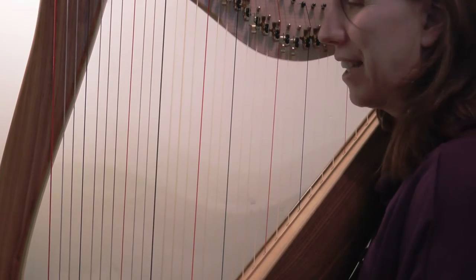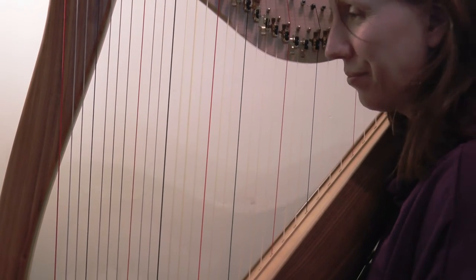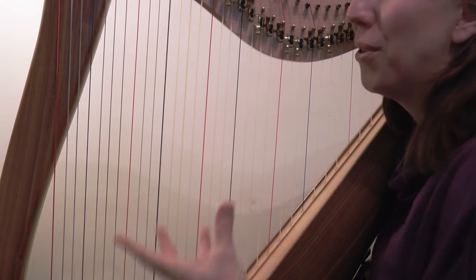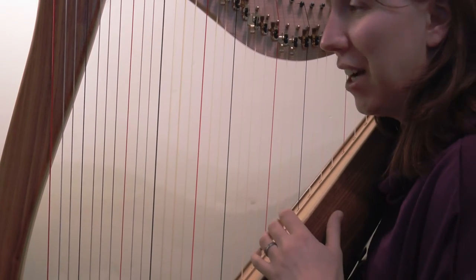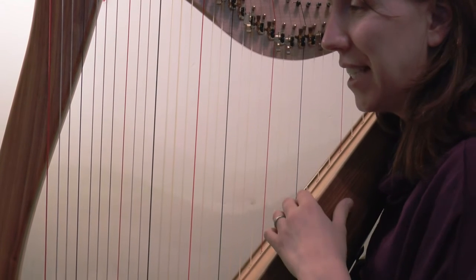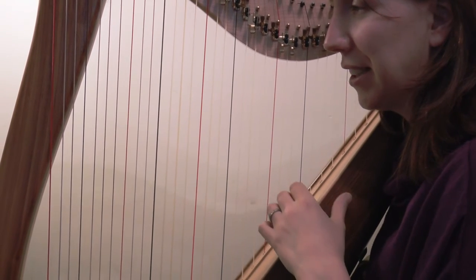An extra B in the left hand there. I was a bit eager. If you do things like that, as long as they're notes that belong into the chord of what you're playing, it's not the end of the world. Variation is fine. So let's go back to the beginning of today's section, the beginning of our piece for today,